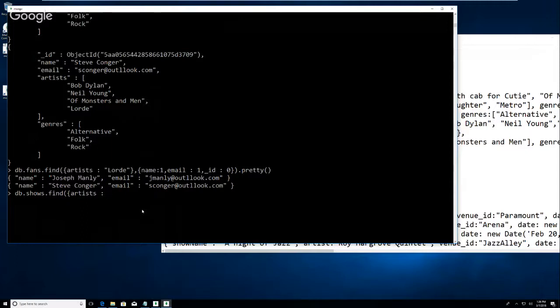Ideally, again, when you're entering data, it will come in through forms, so you can control that. But I'm going to do artists, Lord. And again, I don't know that there are any shows. Let's do pretty. So it comes back with nothing. And that's partially because I don't think there is one. I'm pretty sure if I did